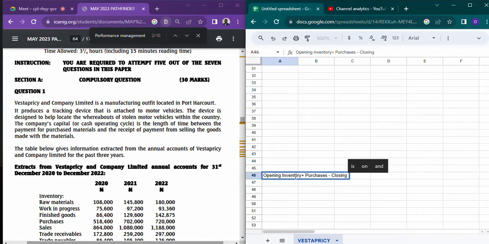What about carriage inwards and outwards? You had carriage inward and other production costs. So that is basically the formula. Then, in determining purchases,